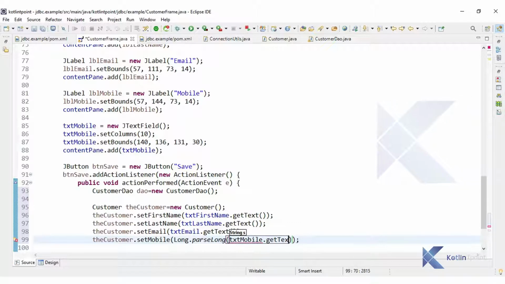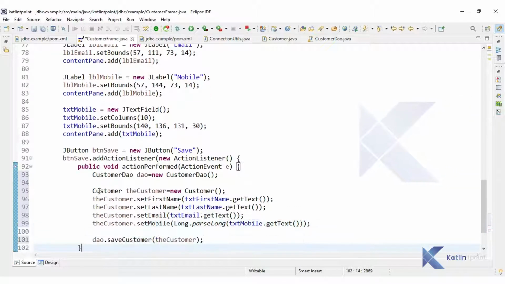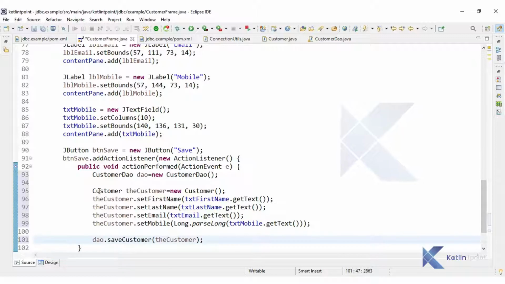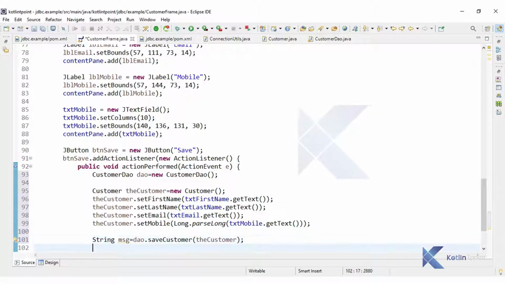Okay, so this is how we are making our customer object ready, and we will pass it to the saveCustomer method. It will return a message here, so we can display this message with a dialog, a pop-up type of dialog, or you can display it on the console as well, whatever message we are returning.